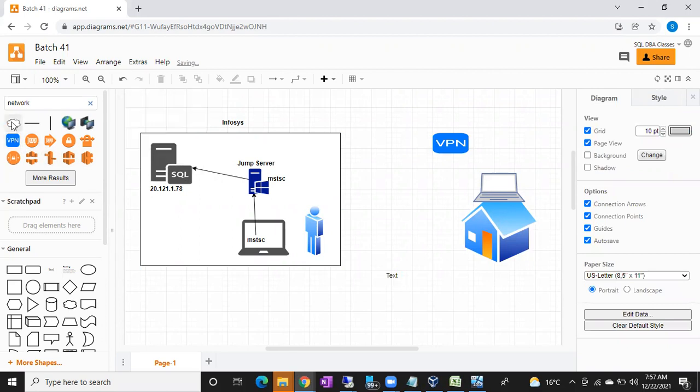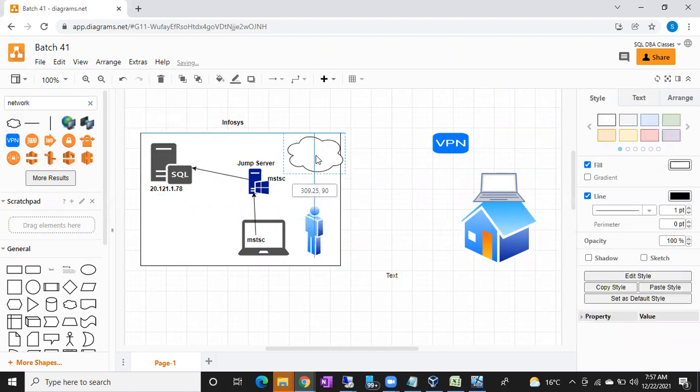Here, imagine this is a network. Your server will be connected to this network, your jump server will be connected to this network, and your laptop will be connected to this network. So all the resources will be connected to the single Infosys network, so no issues, happily you can work.